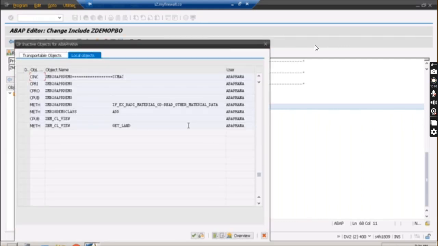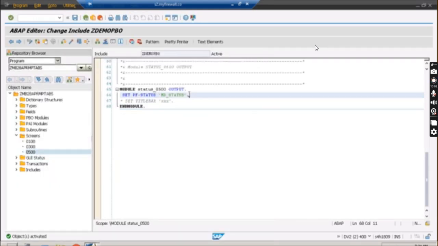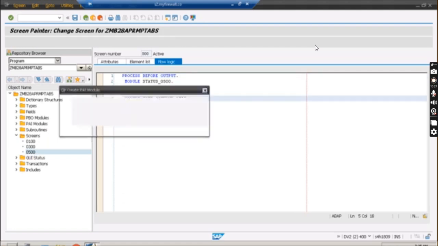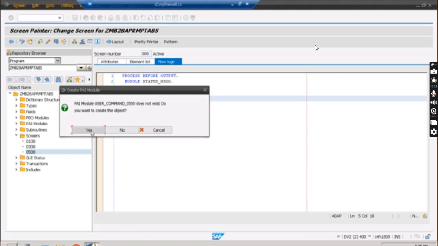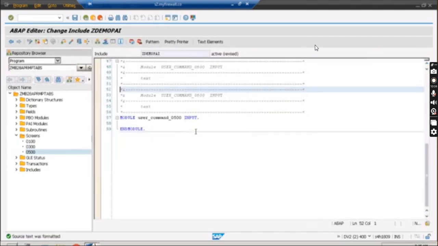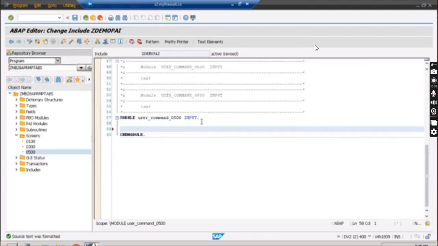Activate this one, activate this one. Okay, now once you have set this PF status, what is the next action you will have to do? If you click on the OK button or if you click on the cancel button on the 500 model dialog, you should come out, right? So for coming out, what you will do? For that also you'll have to write some code.